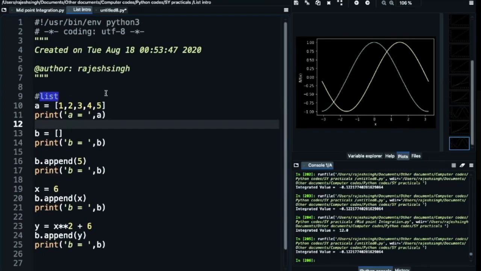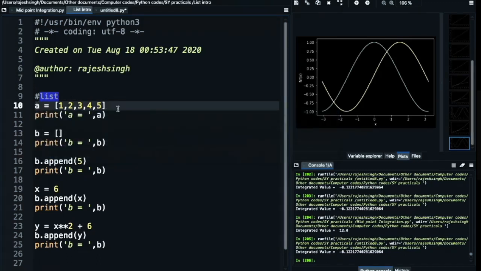Let's look at the first line of the code here, which I am writing. It writes a is equal to, in square brackets, 1, 2, 3, 4, 5. This actually declares a list. Let me show you.